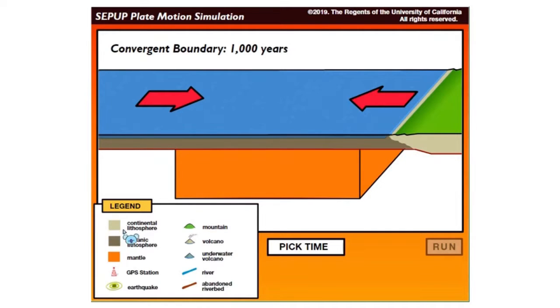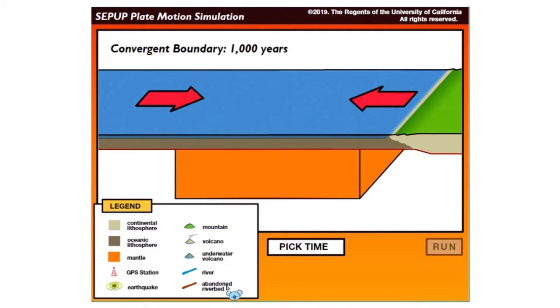We have the light gray, which are the continental lithosphere, dark gray, oceanic lithosphere, and the orange one, the mantle. We also have GPS station and earthquake, mountain, volcano, underwater volcano, river, and abandoned river bed.